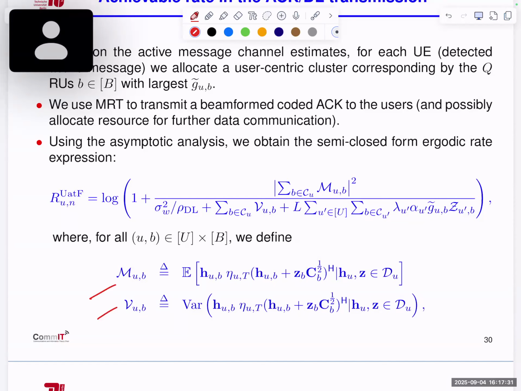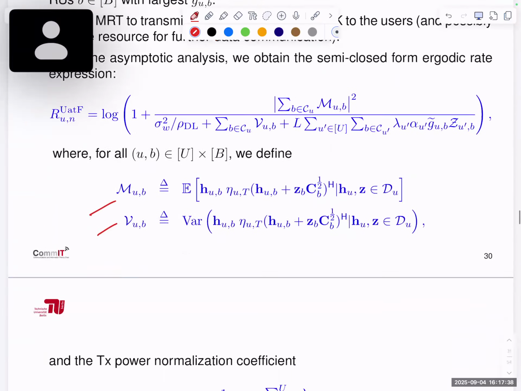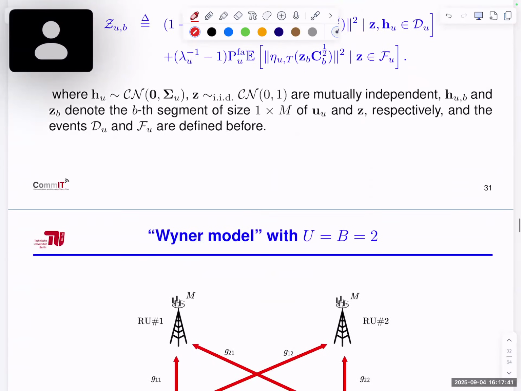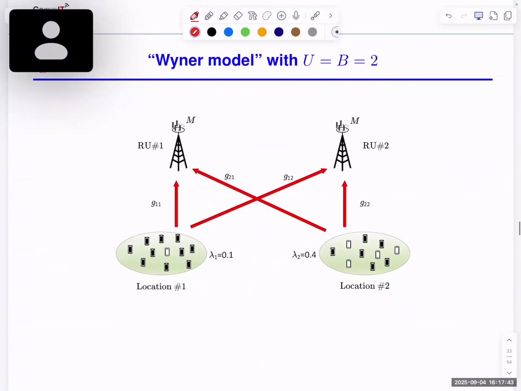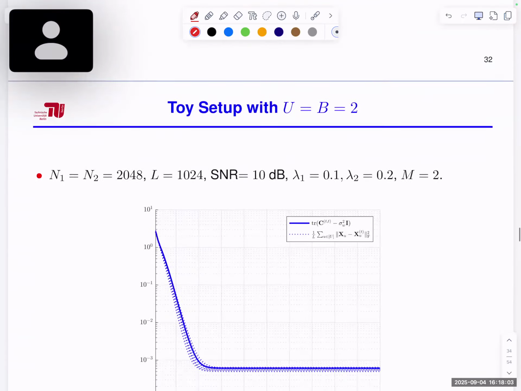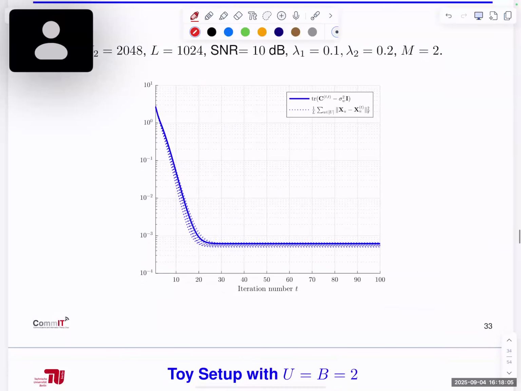But because we know the statistics, this can be done offline. So you can calculate offline and plug this in this formula. Okay, so we can use this in a super simple toy model. It's called a Wiener model with two transmitters, so two base stations, where we have only a group of users with a certain coefficient, and then you create interference with other coefficients, and so we can check the validity